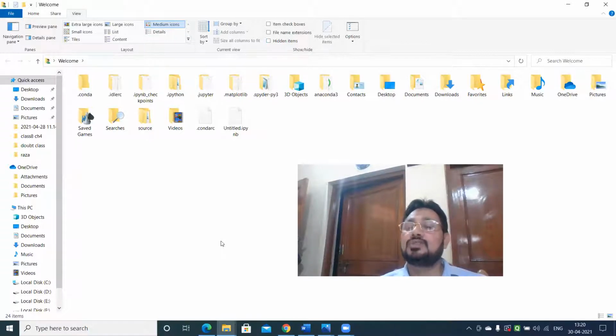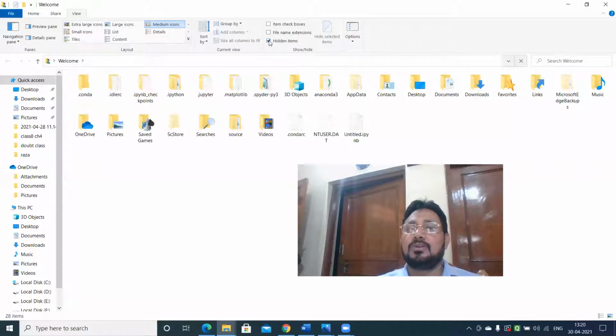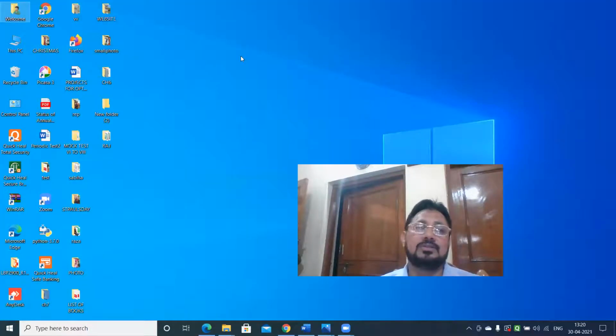So it is not showing the hidden data. App data by default is hidden. If you don't understand something, I will explain again. When you select hidden data, that means at that time hidden data is displayed. I will go back again and show it to you.